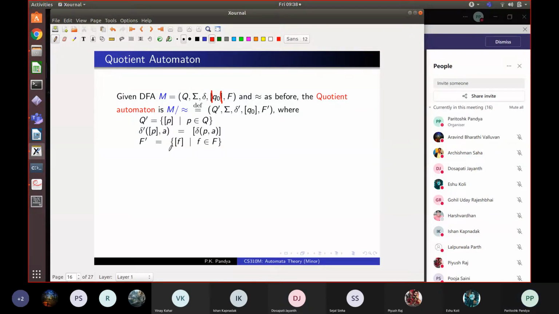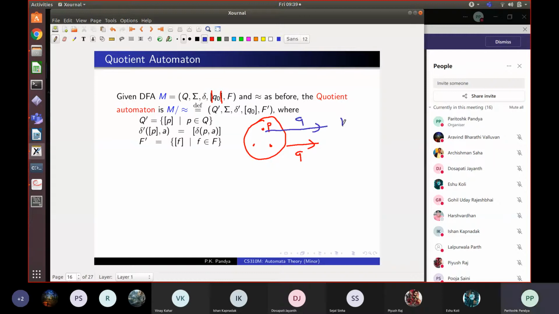And to get the set of final states of the collapsed automaton, you take a final state in the original automaton and consider its equivalence class. That class will become a final state of the new automaton. And the way you calculate the transitions is, starting from the equivalence class of P on a letter A, you first have a state P, and then its equivalence class consists of, let's say, these 3 things, and to find out where you go on a letter A from this equivalence class, this basket, which basket do you go to? What you do is, from this P, you consider where you will go on A.